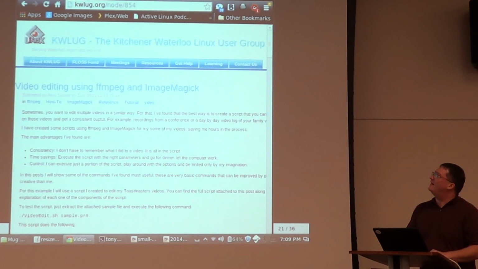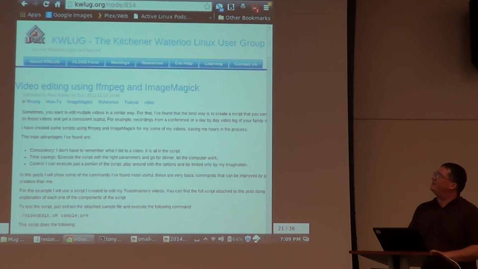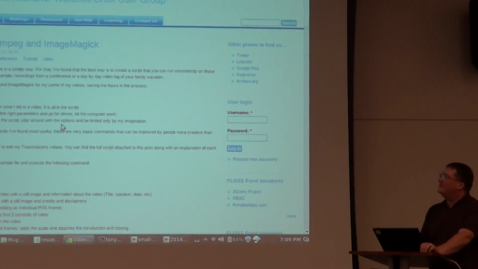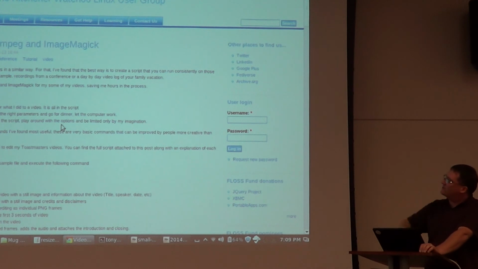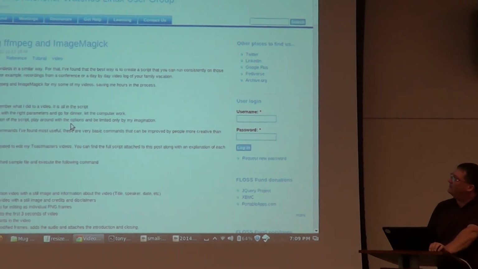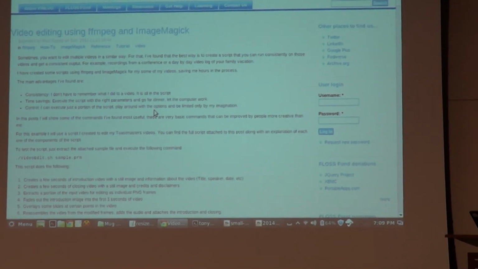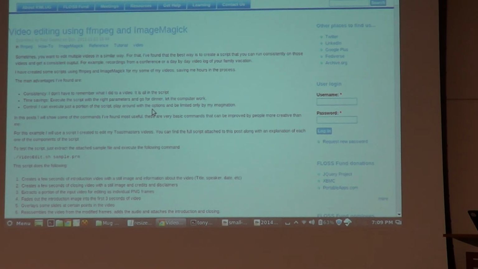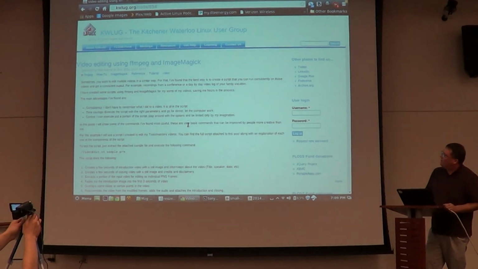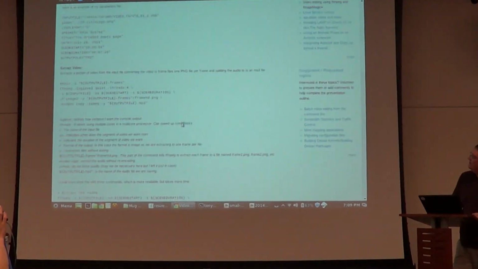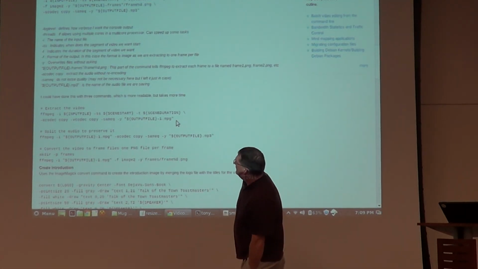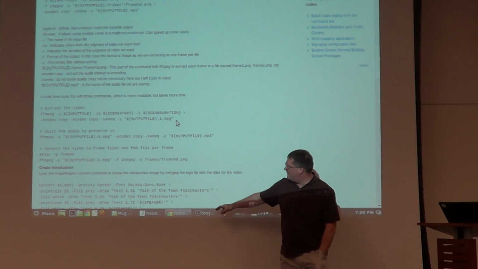And another way to use ImageMagick is with video editing. This is a presentation I saw a few years ago at Ohio Linux Fest, and as you see, he's from Kitchener, Ontario. What he does is a combination of FFmpeg and ImageMagick to go through and do effects on the video that he wants to use. And if you go about 3/4 of the way down, you can see part of his script. I think this is it. No, we'll go down. Here, where he